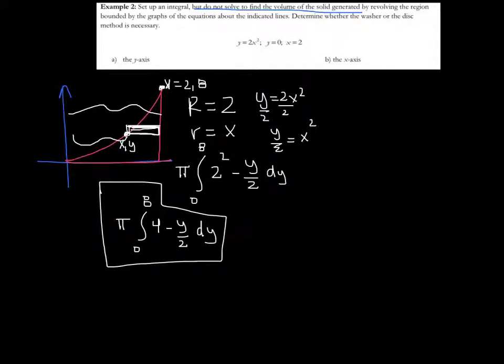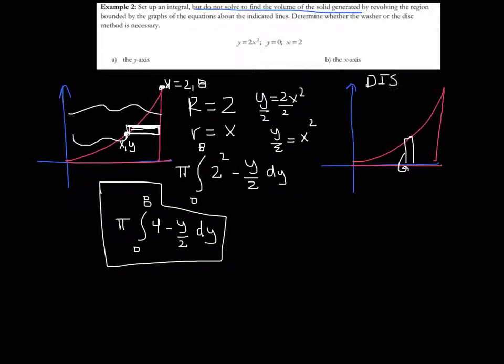All right, part B. Now we have the same graph, y equals 2x squared, x equals 2, y equals 0, but now we are rotating this around the x-axis, and so if we draw a vertical strip, we can see that the rectangle is connected to the axis that we're rotating it around. So this is a disk method problem. So let's write that up here, disk method, and the first one was washer method. So disk method is simply pi integral, in this case, from 0 to 2,